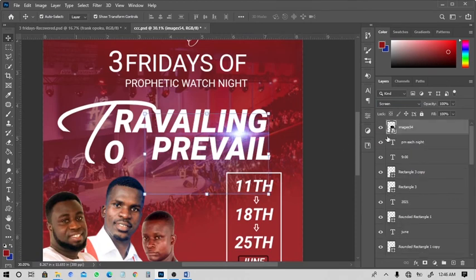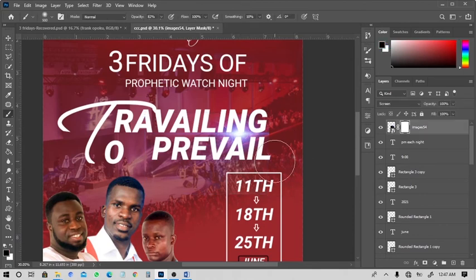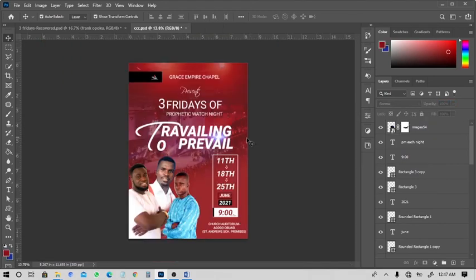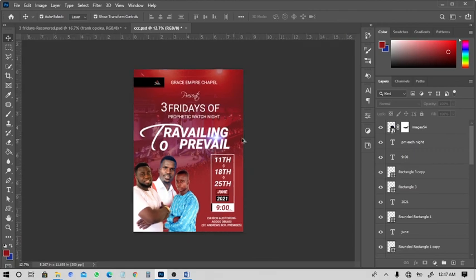Then I'll add a mask to it, and you can see that not all the places were able to blend together, so I'll get my brush, add that place to it, and if it is too much I can reduce the opacity, and if it is okay I will leave it at 100. So 100 is okay, and you see the effect that you just got from this little trick.